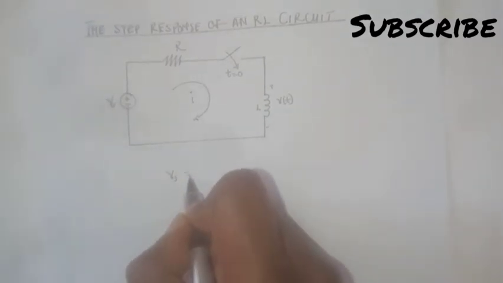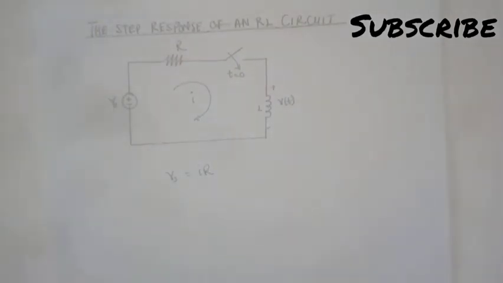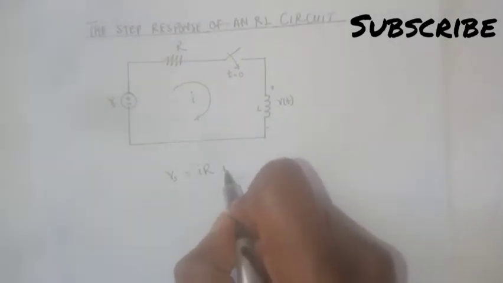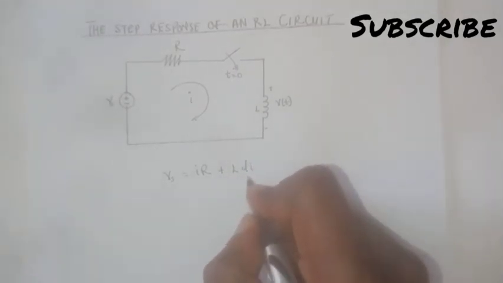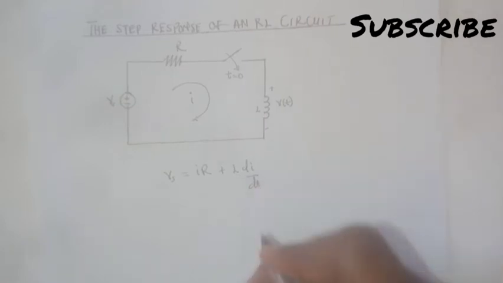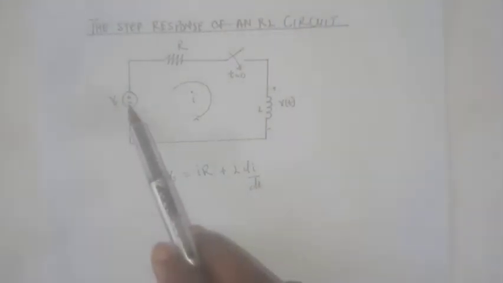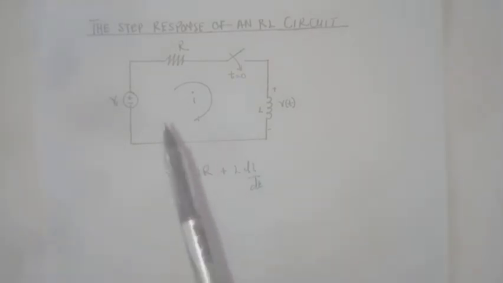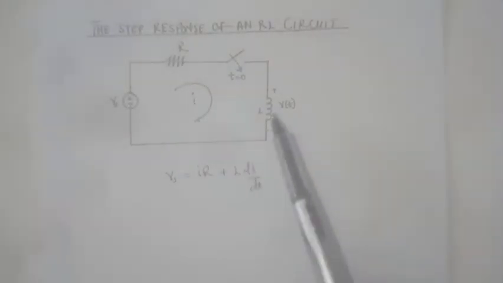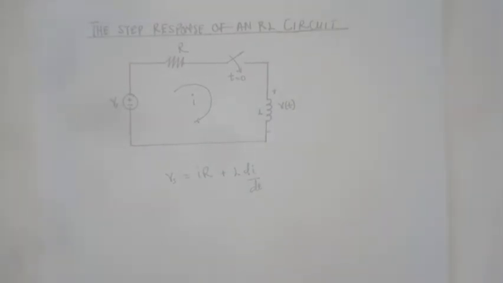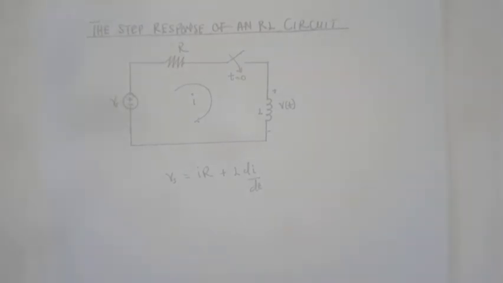We would have it that Vs equals I R plus L di dt. That is to say, the voltage supplied is equal to the voltage drop across the resistor and the voltage drop across the inductor. We can then proceed to rewrite this as